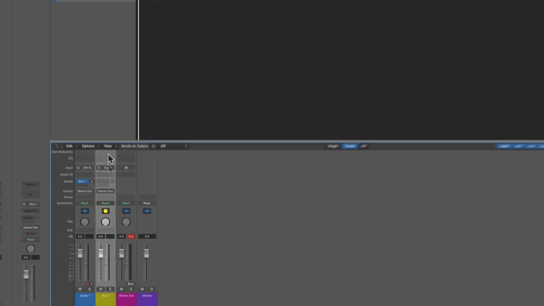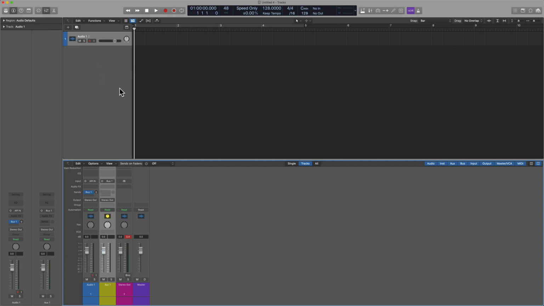Now, bear in mind, we're not seeing this in the tracks area, right? It's nowhere to be found there. If you do want to see it so that it's all displayed on the same level, then you can simply control click here and create track. And then now you can see that within the tracks area. I'll hit Command Z for now,